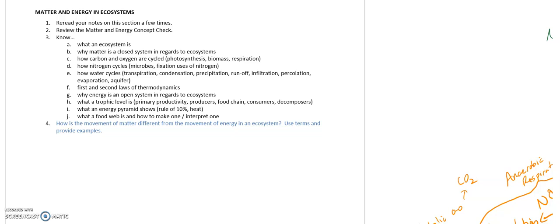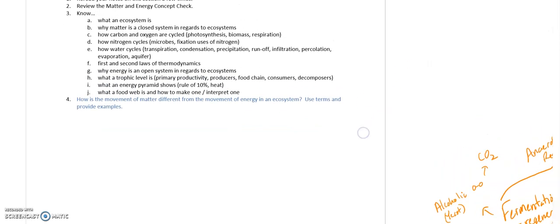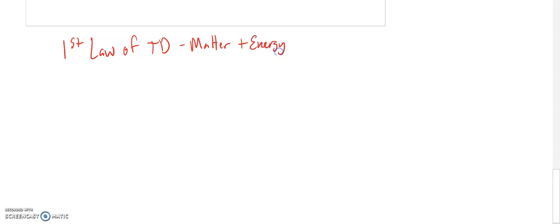And the final section is on how matter and energy flow in ecosystems. So we're going to take a look at those two concepts in regards to matter and energy and the laws of thermodynamics. All right. So the first law of thermodynamics is that matter and energy